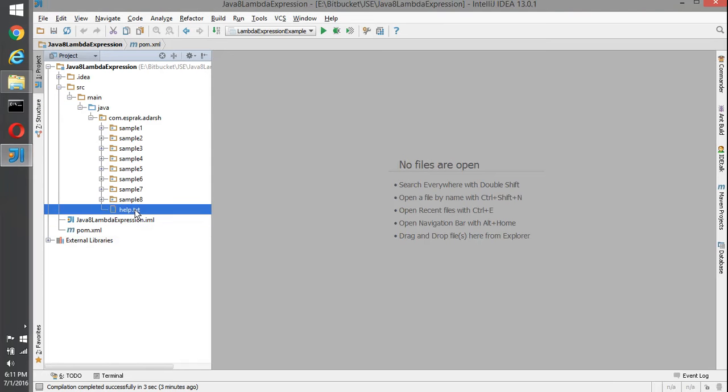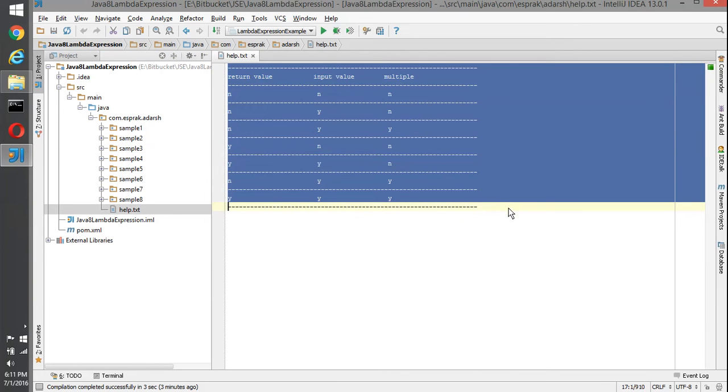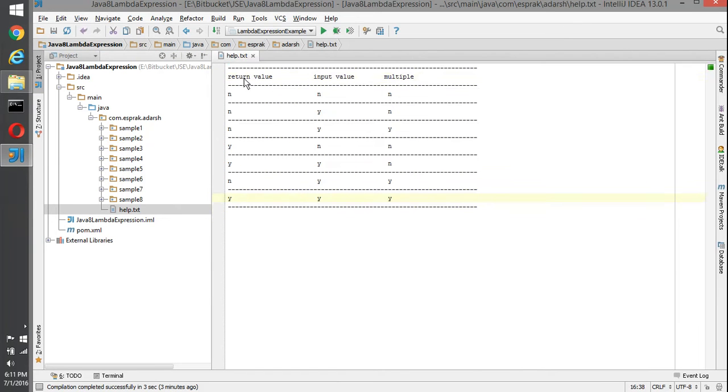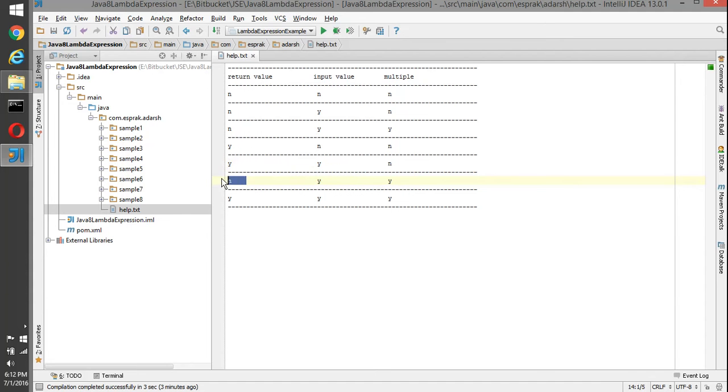In this tutorial I've segregated the content into 8 parts, where we have different combinations: when a method doesn't have a return type and doesn't have any argument, when it doesn't have a return type but has a single argument, when it doesn't have a return type but has multiple arguments, when it has a return type but doesn't have any input, meaning formal parameters, when it has a return type and a single argument, when it has multiple arguments but no return type, and when it has multiple arguments and a single return type.